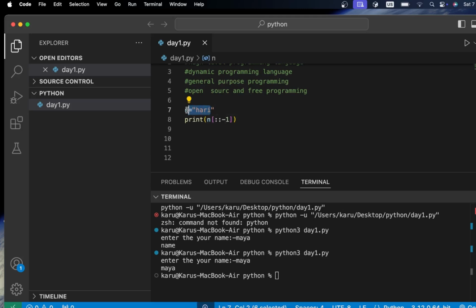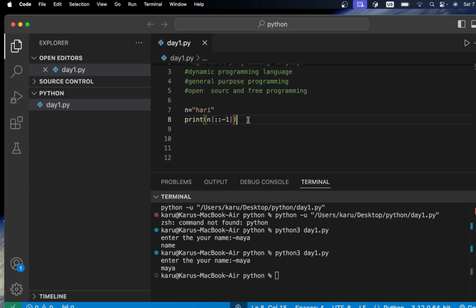Here I store in the n variable this hurry data, which has four letters. This data is stored within the n variable. So I want to display this hurry data in reversed form. I want to print it on my screen in reverse form.